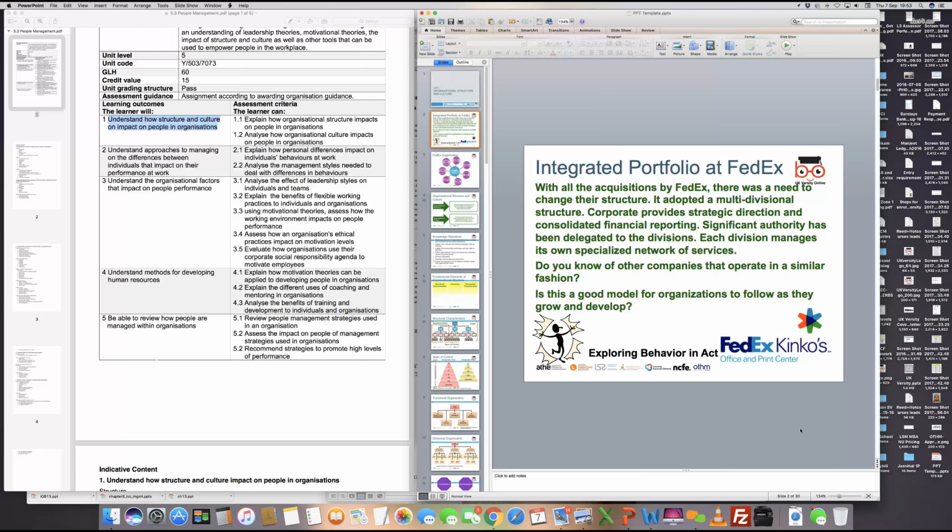Can you visualize that? If you look at a different company, for example, ASDA over the years in the UK has acquired a brand of stores called Nisa Local. When you look at two organizations merging, you will always find that the culture and the structure of the organizations will have to be merged. You can't have two HR departments, two finance departments, two of everything. So what will happen is the bigger company